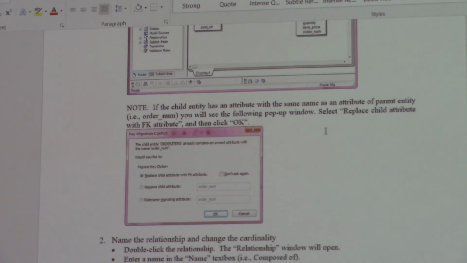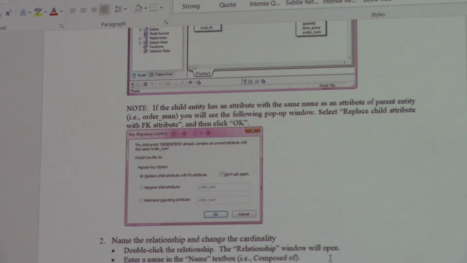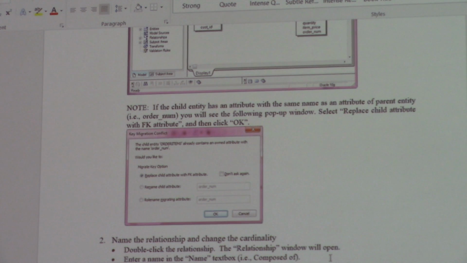So for me, this particular screen doesn't apply because the name I have in my parent entity is different from the name I have in the child entity. Assuming I have the same name, there will be a conflict. This is what I'm trying to